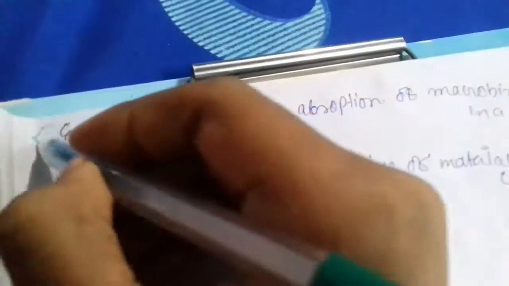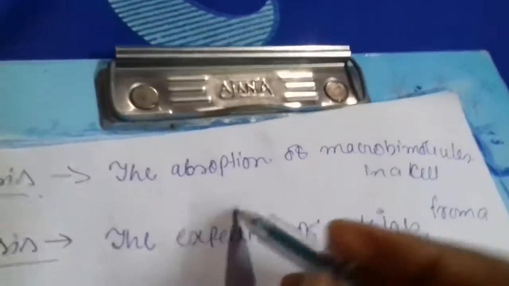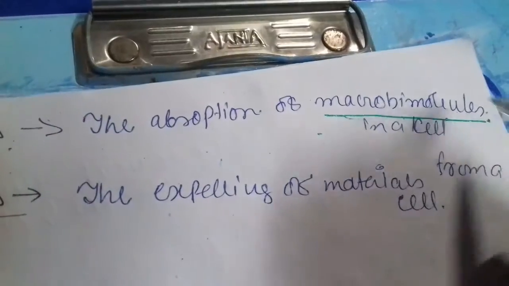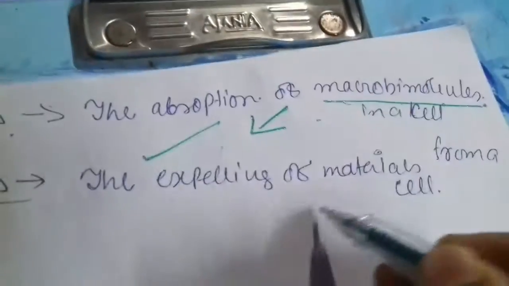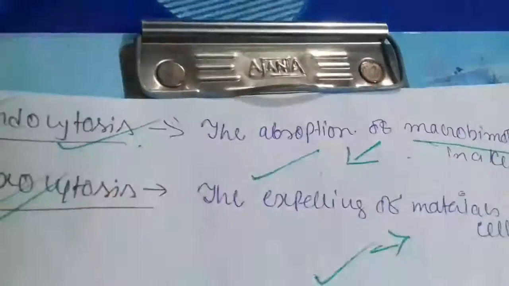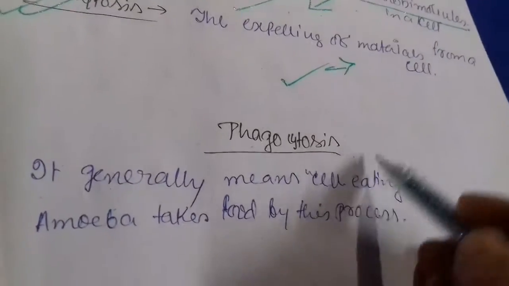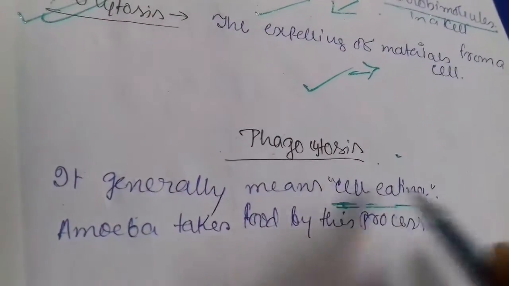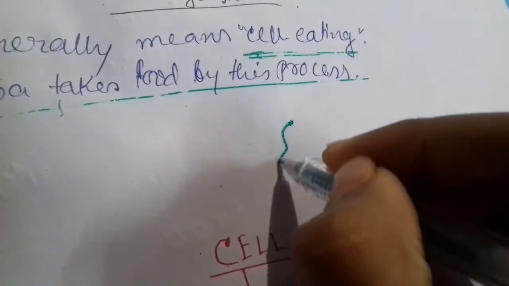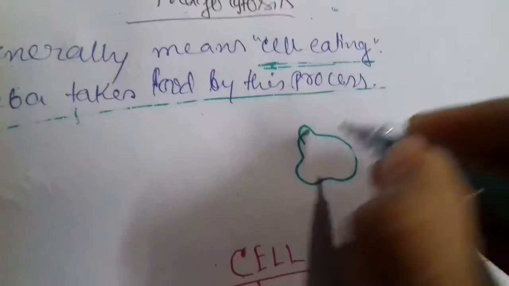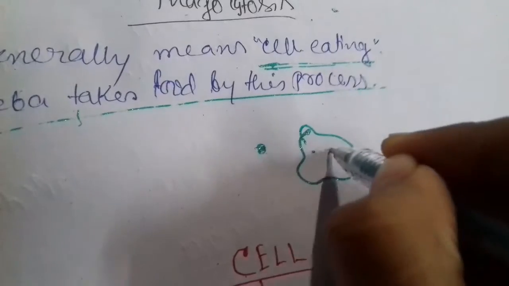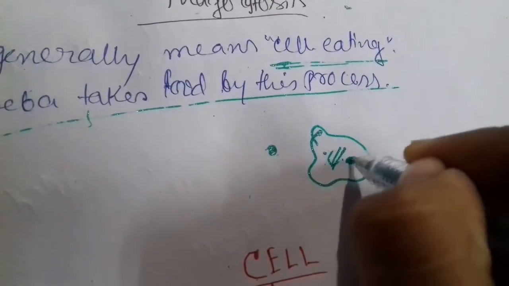Okay, then endocytosis and exocytosis. If a cell absorbs any biomolecules, then it is endo, meaning absorbing. If it expels any material from it, then it is exo. Then phagocytosis, which generally means cell eating. Amoeba takes food by this process. How? Let's say this is an amoeba and this is the food. It doesn't have any eyes, right? So when it is near the food,